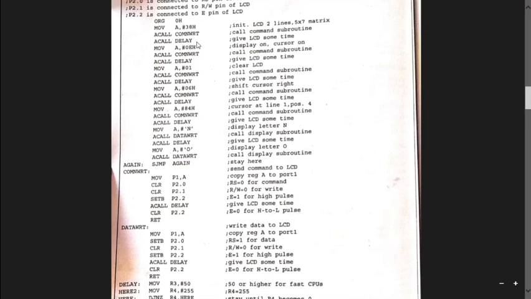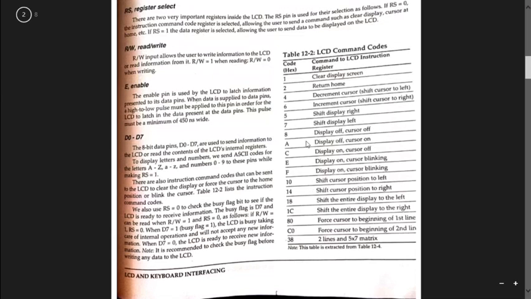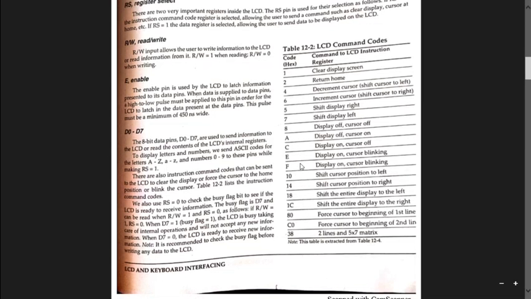Yes, ma'am. So when it comes here, the next instruction is 0E. 0E is again there in the command codes. Can you see this? 0E is nothing but display on, cursor blinking. So first we give 38. That means we allocated certain space in the LCD: 2 lines, 5x7 matrix. Second, I am going to give 0E. That means I am going to display the screen on and I am making the cursor blink. I am going to give this command 0E.